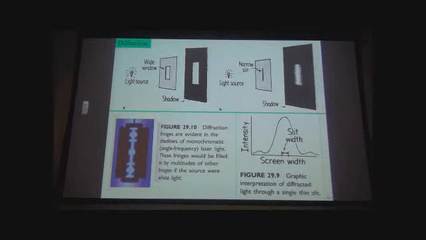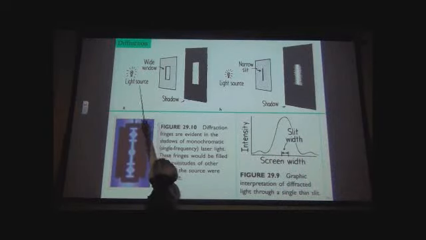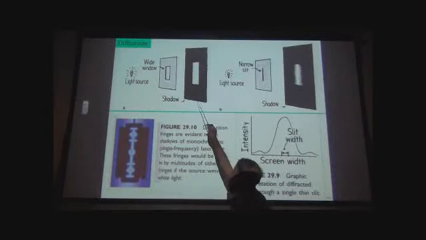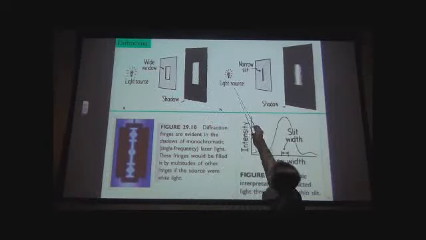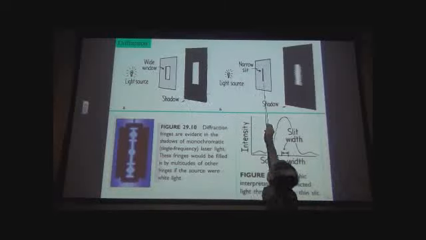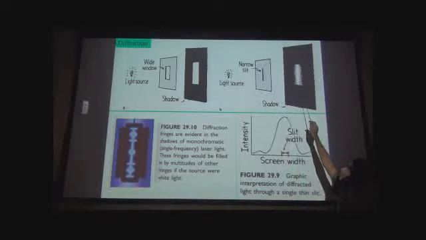Okay, continuing with diffraction. Now if we had a light source like a bulb here, and a window with a wide opening, it casts a shadow from this window. You can see the light coming through the window here. This is pretty sharp. Now if we were to make this window smaller so it becomes a narrow slit, what happens is the light that's coming through that narrow slit, instead of forming a narrow beam, ends up creating